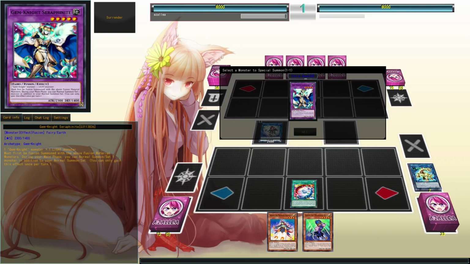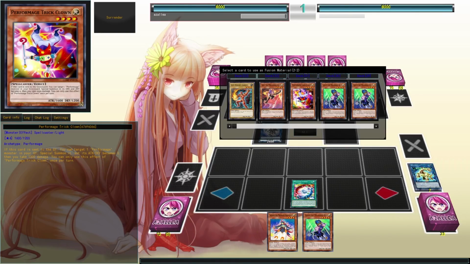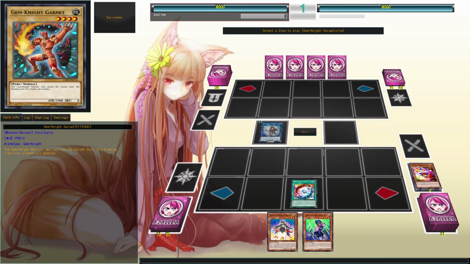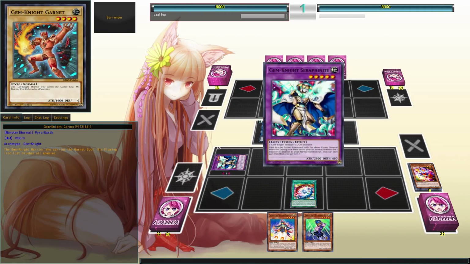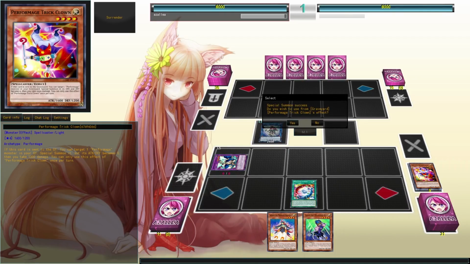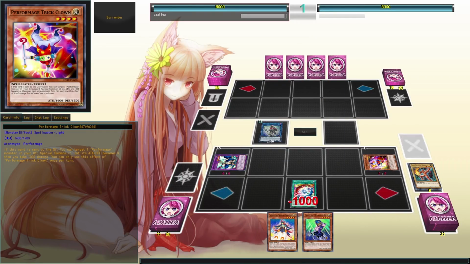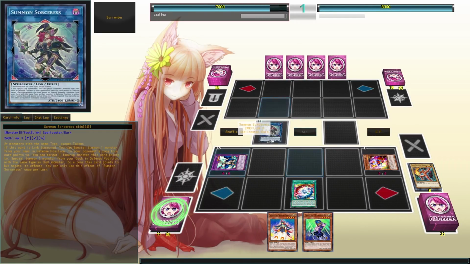So Brilliant Fusion is going to allow me to fusion some of my Gemini Seraphonite, sending the Performance Trick Clown and the Gemini Garnet from my deck to the graveyard. Now this is very crucial because Trick Clown is actually important in this combo. I do need it as a material for a rank 4 summon. So I'm going to go ahead and special summon the Trick Clown out to my field like that,